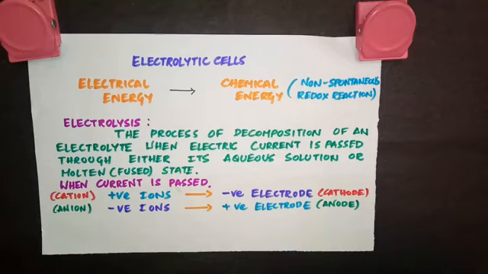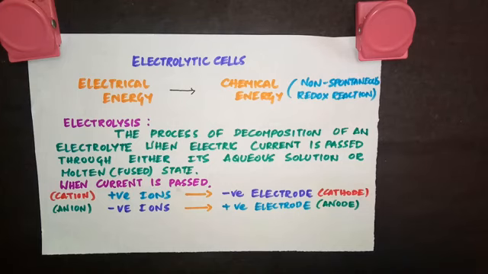Hello guys, in the first video for this lesson electrochemistry, that is part 1, I told you how cells are being classified into two types depending on the redox reactions, whether it is spontaneous or non-spontaneous. We have seen in detail the electrochemical cell, which is also called galvanic or voltaic cell, in which the redox reaction is taking place spontaneously, and how chemical energy was converted into electrical energy in those cells.